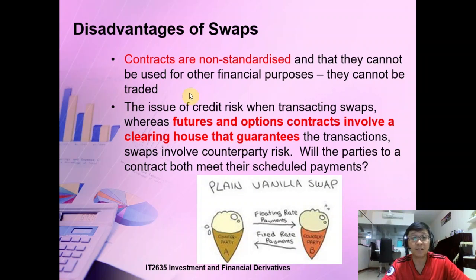So what's the disadvantage of swap? Well, you can see that swap can actually be quite complicated, and it's truly customizable, and it's truly non-standard, right? So just now I was wrong about the non-customizable, but basically the contract is not the standard kind that we look at in the exchange, right? A swap is usually very customized, very personalized, depending on how you want to do the swap. So it can be quite